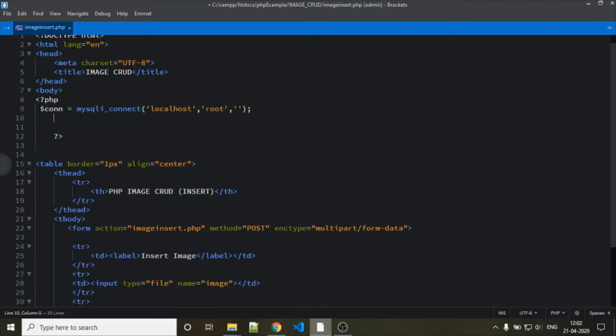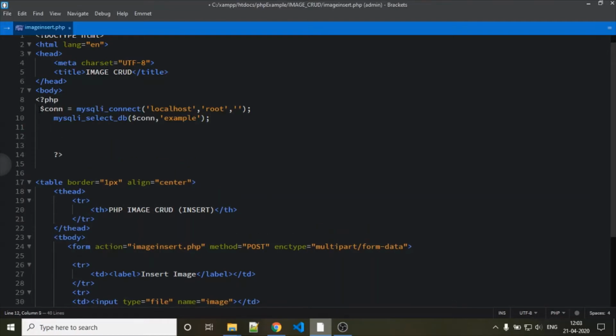Then mysqli_select_db requires 2 parameters, the connection variable and the database name. In our case example is the database name.